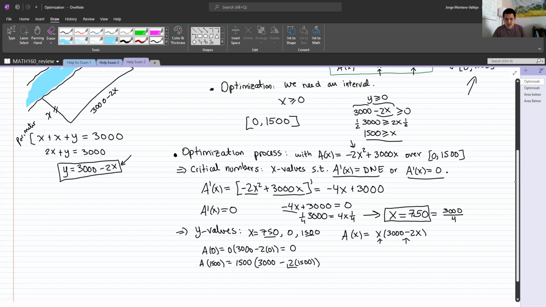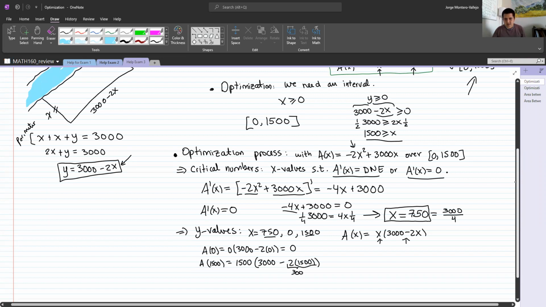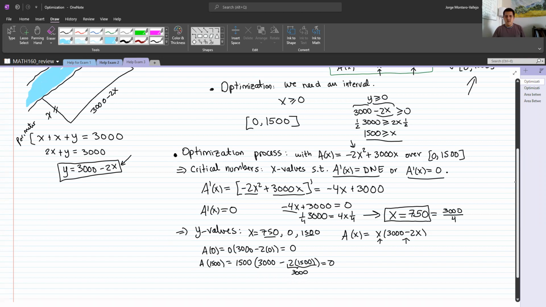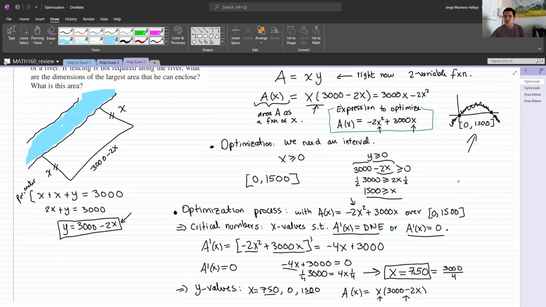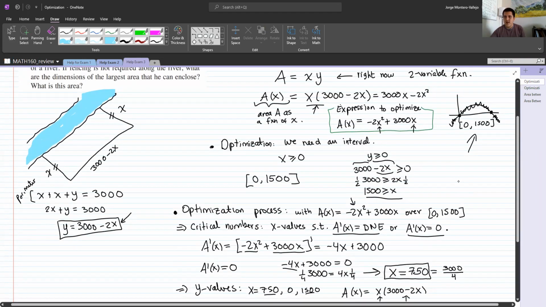Now this gives you 3,000, right? 3,000 minus 3,000, that's 0. 0 times 1,500, 0, right? So this is 0. Awesome, right? So you see that these two numbers actually make sense, right? Because when we were looking at the graph here, you see that those two are roots. So of course the y values there are 0,